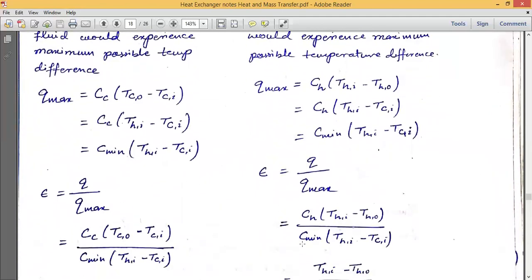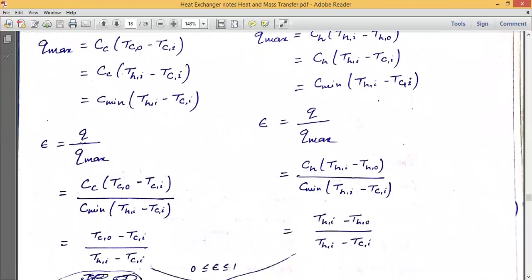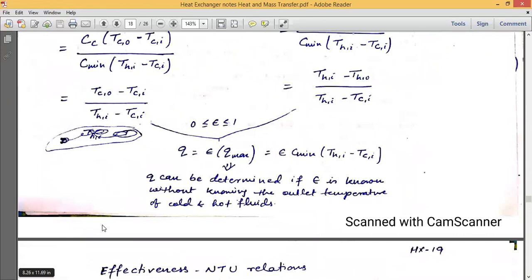इन दैट केस इन बोथ केसेस क्या होगा? इफेक्टिवनेस का फॉर्मूला Q अपॉन Q मैक्स, Q मैक्स का फॉर्मूला हमेशा सेम रहेगा। और Q क्या हो सकता है? या तो CC के टर्म में या CH के टर्म में। इस केसेस में हमने C मिनिमम किसको लिया है? CC को। हम CC के टर्म में बोलते हैं तो CC दोनों कट जाएगा। इस केसेस में C मिनिमम CH है, तो हम इसको CH के टर्म में लिखते हैं, ये दोनों कट गया, तो इफेक्टिवनेस टेम्परेचर डिफरेंस के रेशियो में आ गया है।